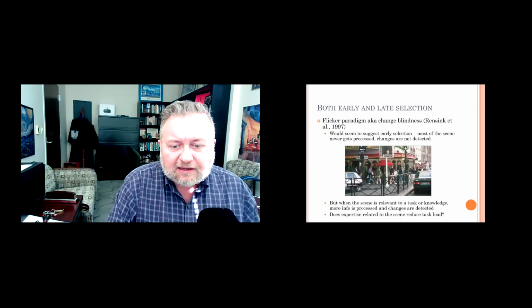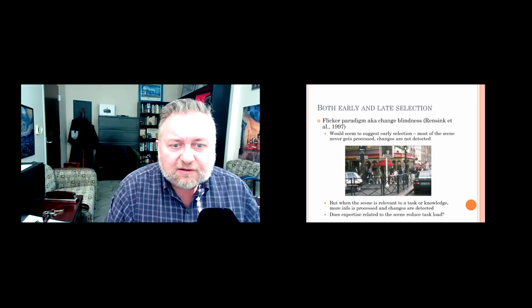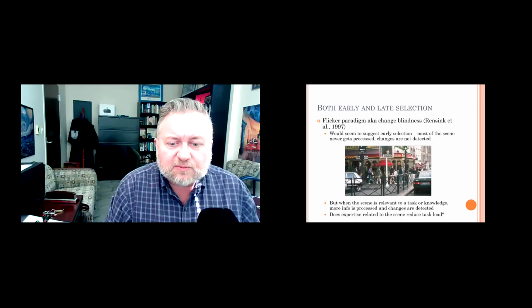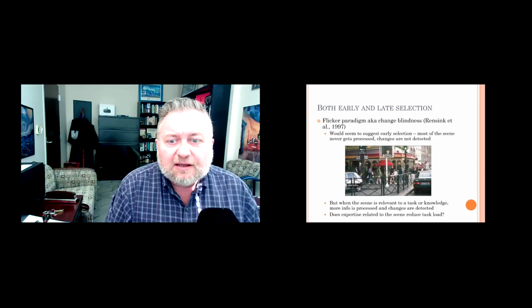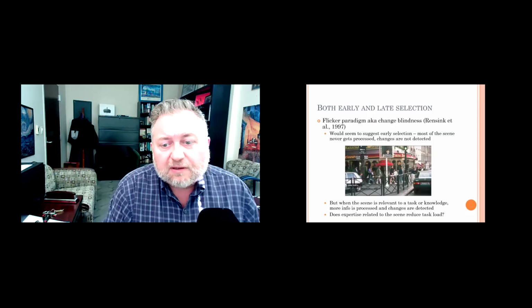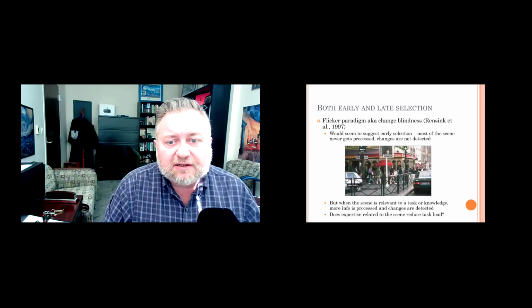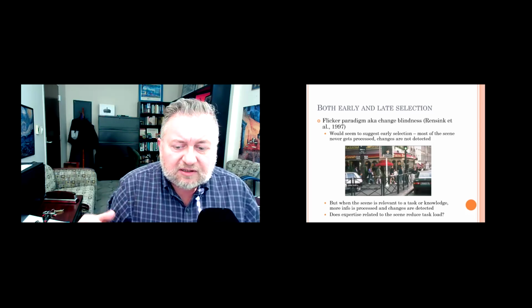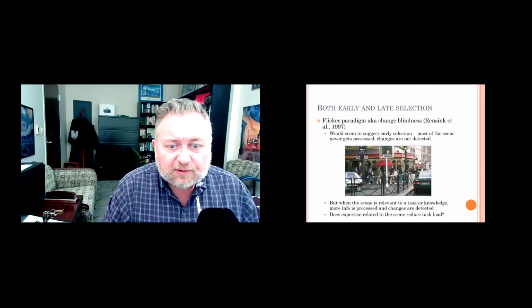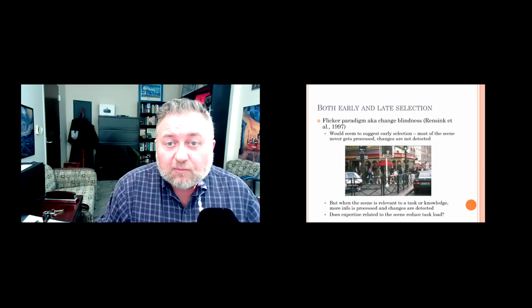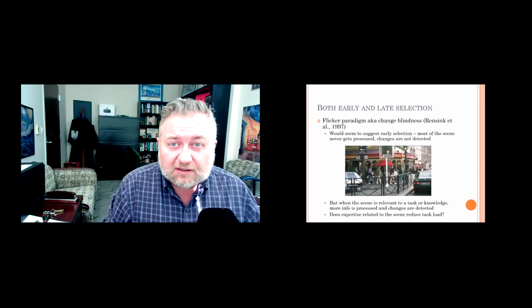And what we find is that in this kind of flicker change blindness paradigm, the police officers are much more likely to notice the change than our regular control group here. Right, so the regular control group just looks like everybody else in the change blindness research. They fail to notice this stuff. But something about the expertise and top-down knowledge-driven process of the police officers allows them to notice these changes, as if maybe they are more effective at bringing more information in, and they're doing late selection, not early selection.